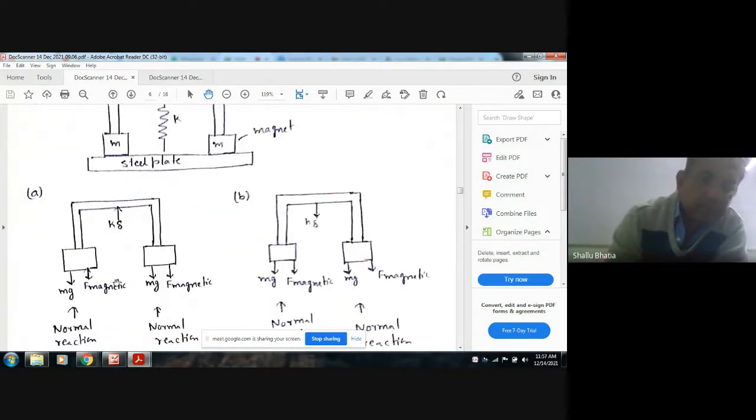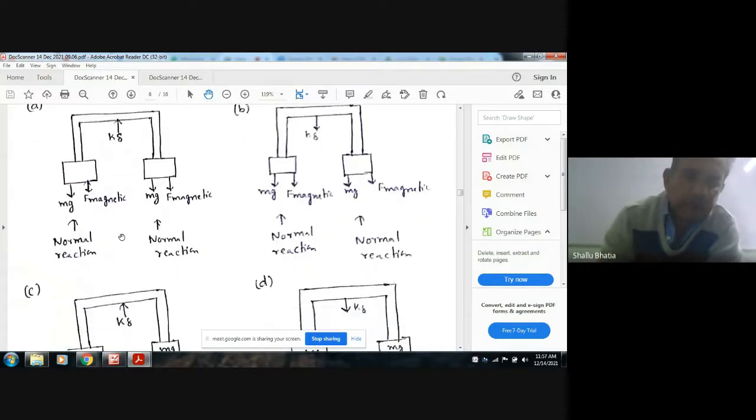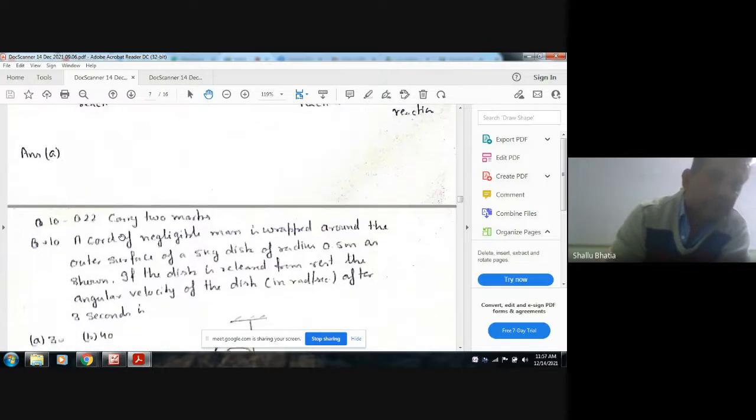Okay. So the answer will be A. So mg will be downward, F magnetic will be downward, and the normal reaction will be upward. So K delta will be the compression. So the answer is A. Next,